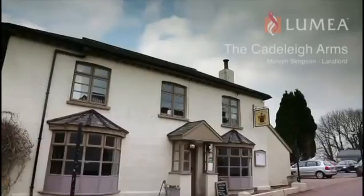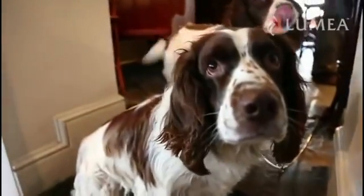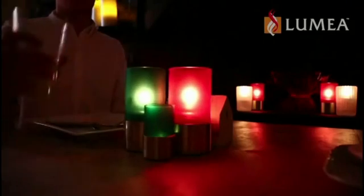Yeah, I'm Mervyn from Nekaj Arms. It's a country pub in mid-Devon in the Exe Valley. We're looking for illumination in the dining areas. We didn't want the traditional candles with the smell and the mess, but we found the Lumea candles, which are